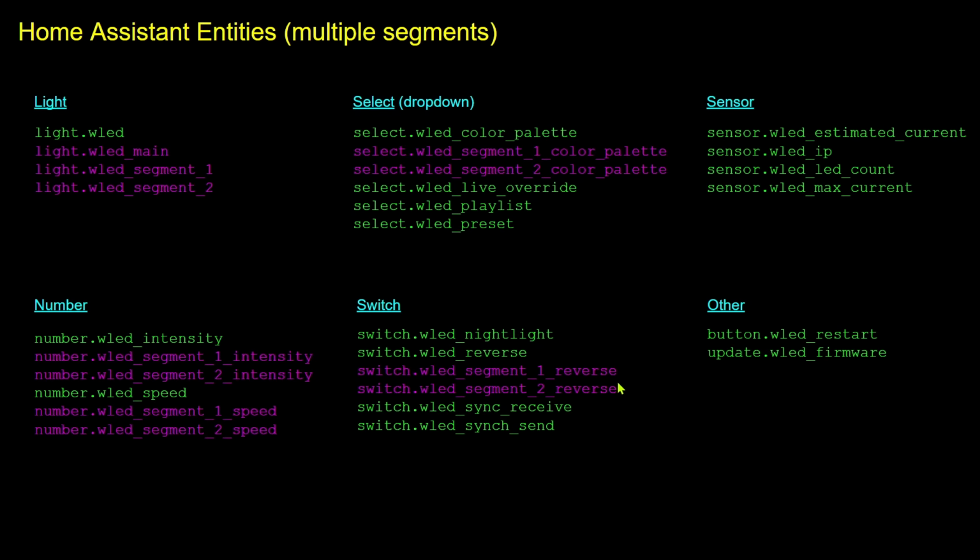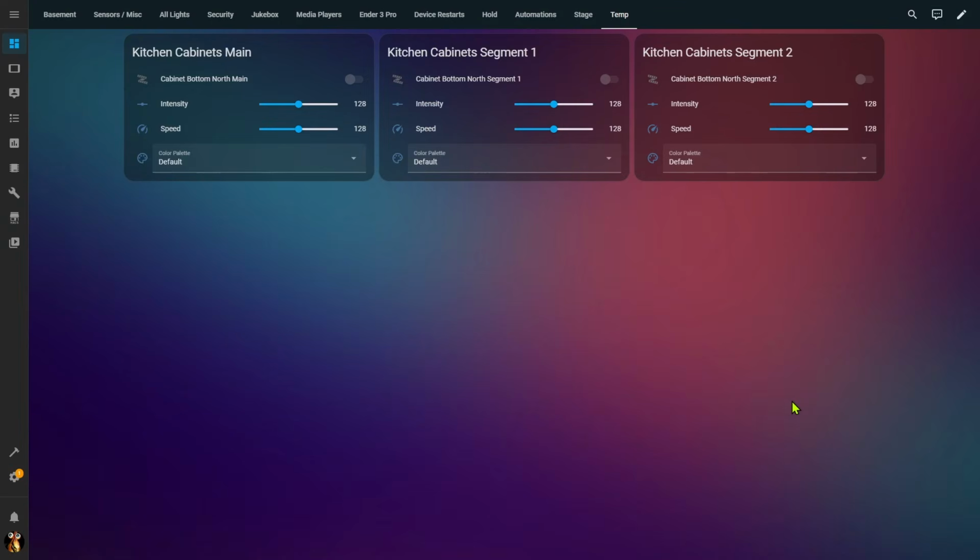that reverse switch. And since an effect is defined as part of the light turn on service, each segment can also have its own effect. This gives you total control of the display via Home Assistant. Not only on a dashboard where we can create controls for each segment, we can use all of these entities